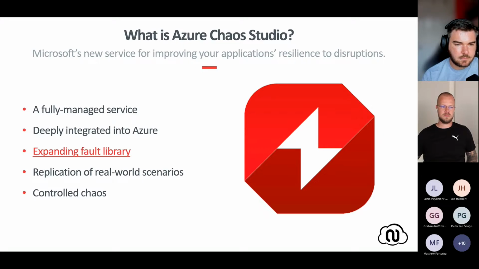Azure Chaos Studio comes with an expanding fault library. Faults are either agent-based or service-based, depending on the target type. So for the agent-based, which I will actually demonstrate to you in a bit, you need to install an agent on your virtual machine. And specifically for AKS, Microsoft decided to integrate with Chaos Mesh, which is another solution to run chaos experiments. And just to give you a feeling about what type of faults are actually in Azure Chaos Studio, I